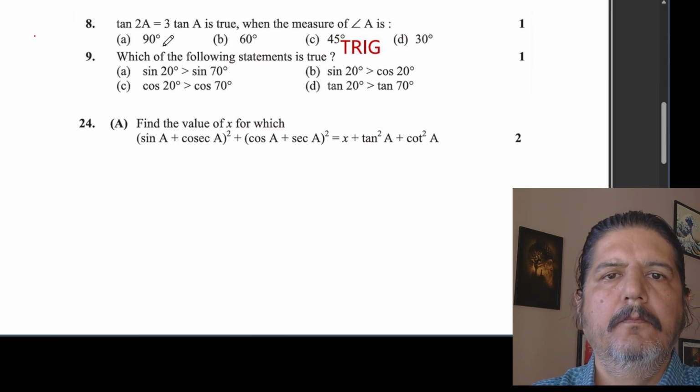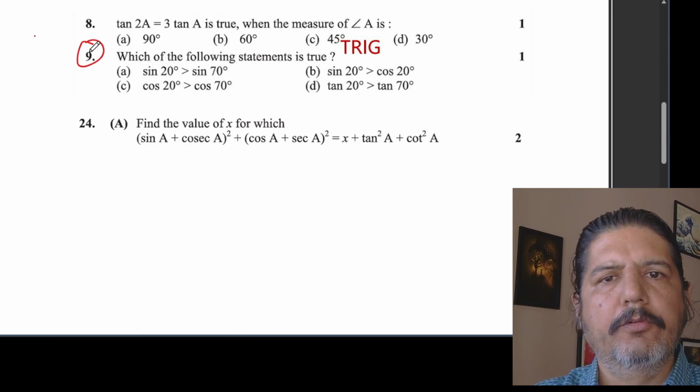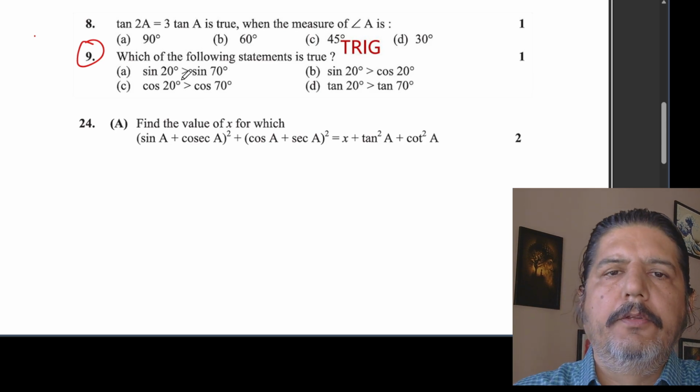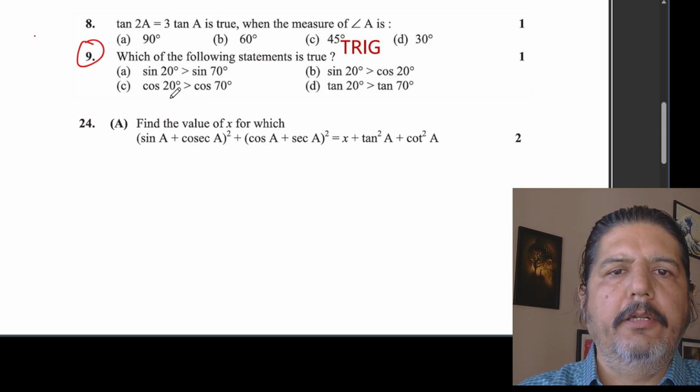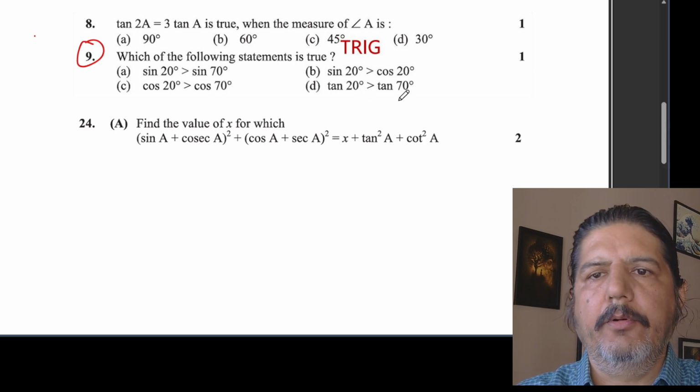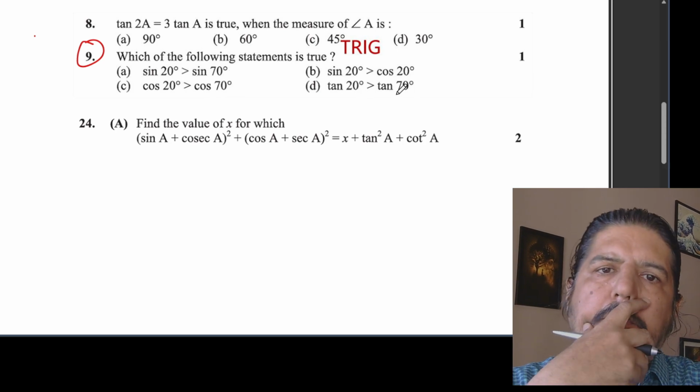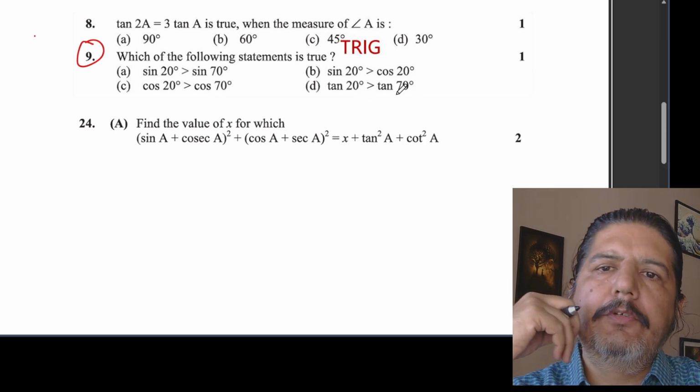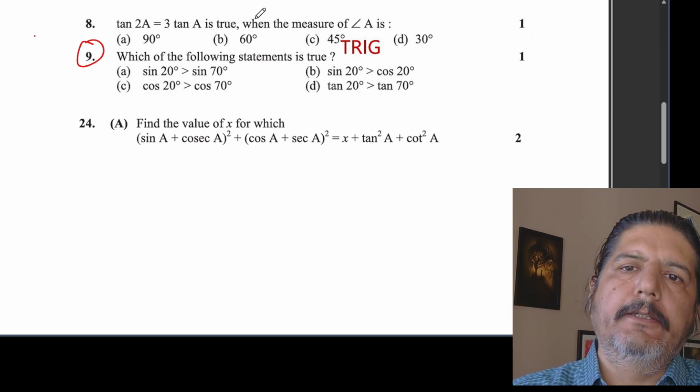So let us look at the next question. Which of the following is true? Sine 20 degree is greater than sine 70 degree; sine 20 degree, cos 20 degree; cos 20 degree, cos 70 degree; tan 20 degree, tan 70 degree. So there are two ways in which you can do this question. One is that